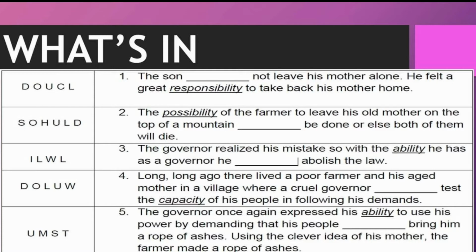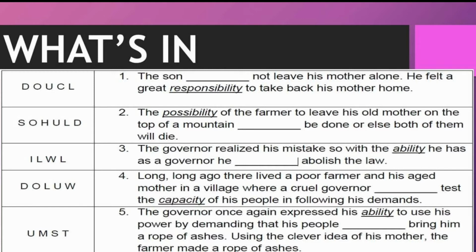For number 1, the son, blank, not leave his mother alone. He felt a great responsibility to take back his mother home. Number 2, the possibility of the farmer to leave his old mother on the top of a mountain, blank, be done or else both of them will die. Number 3, the governor realized his mistake, so with the ability he has as a governor, he blank abolished the